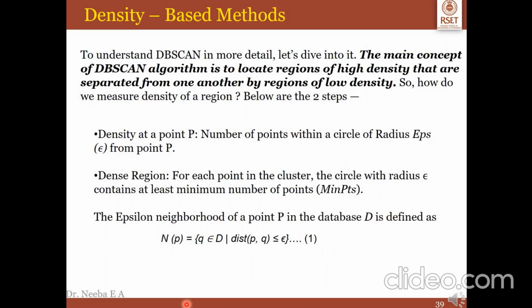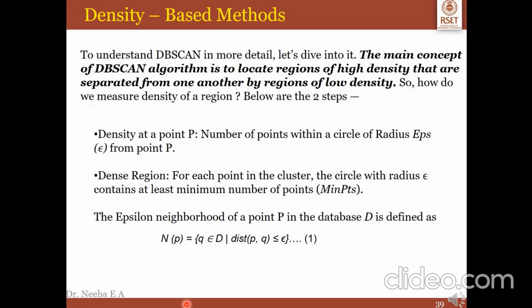To understand DBSCAN more, we have to see the algorithm. So the main concept of DBSCAN algorithm is to locate regions of high density that are separated from one another by regions of low density. Now how do we find this? There are two steps, that is one, density at a particular point P and the dense region. Now what is density at a point P?